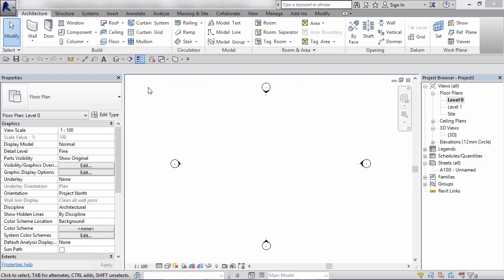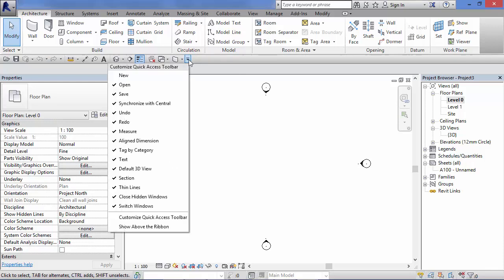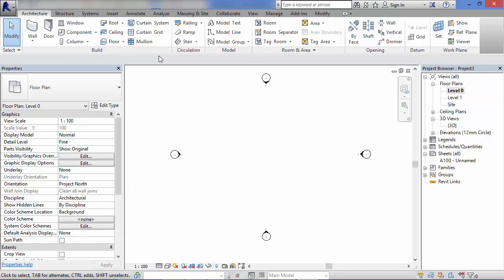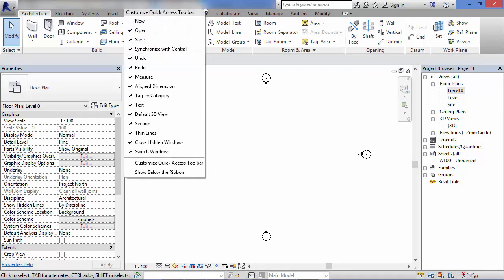We mentioned the quick access toolbar in the last unit, but I'll just quickly go over that again. So this is the quick access toolbar here, this narrow band just below the panels. You can have it docked beneath the ribbon, or if you hit that little drop down menu there and go to the bottom here, you can show it above the ribbon. You can see now it's jumped up here. I'll just bring it back down again,